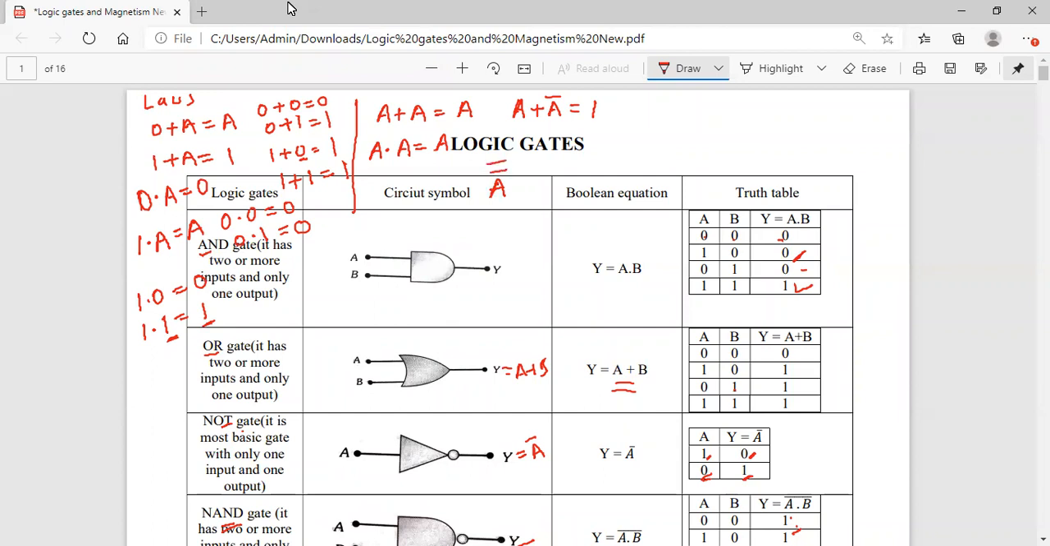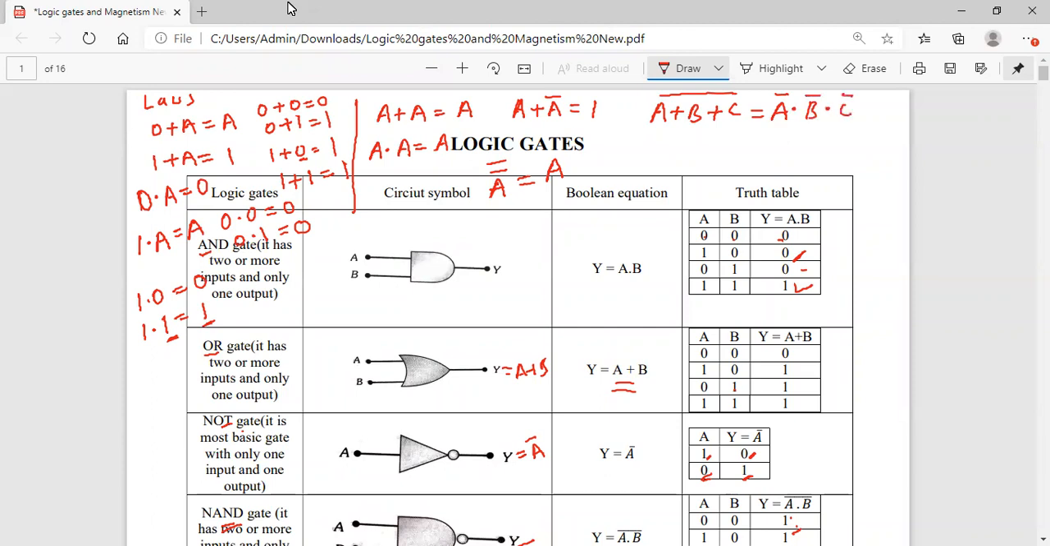Next one, A bar of bar is equal to A. Another important formula is A plus B plus C whole bar is equal to A bar into B